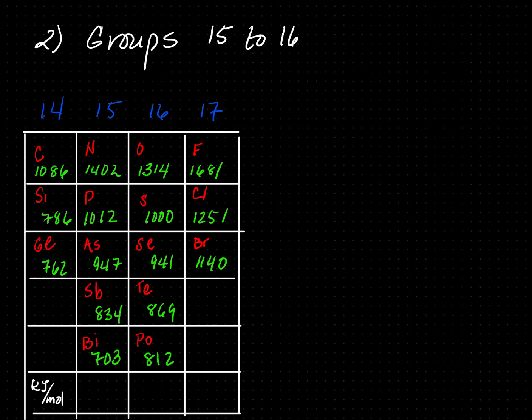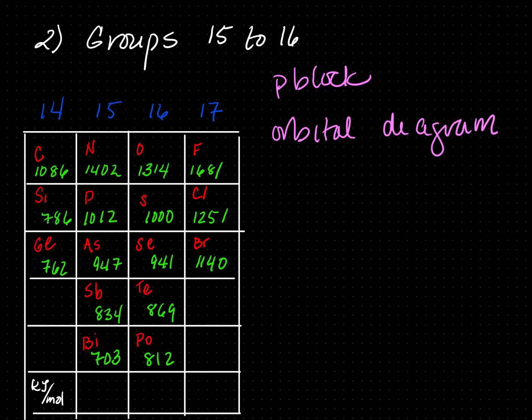Unlike the previous exception, we cannot discuss a difference in energy level because they are all located in the P block. So what is causing this difference? What I'm going to do is draw my orbital diagrams. So if I write my electron configuration for